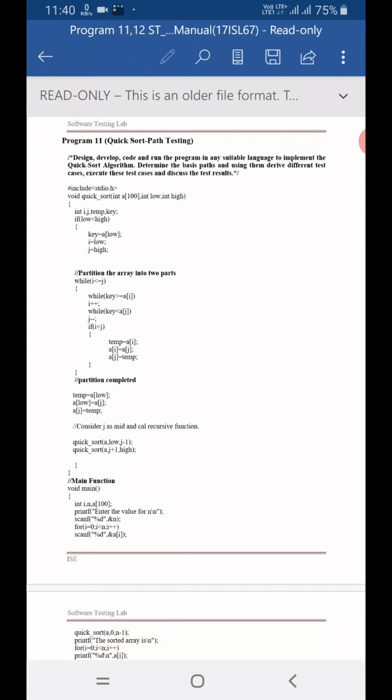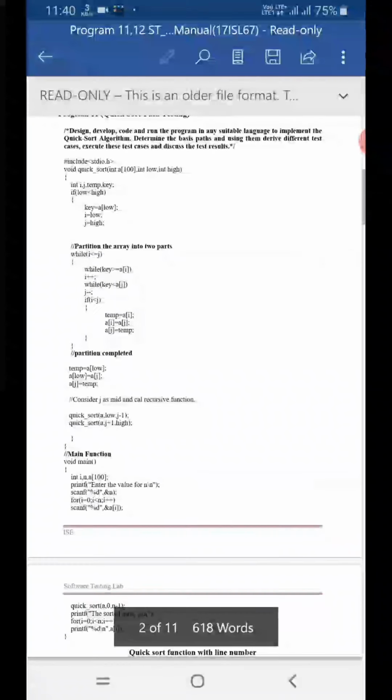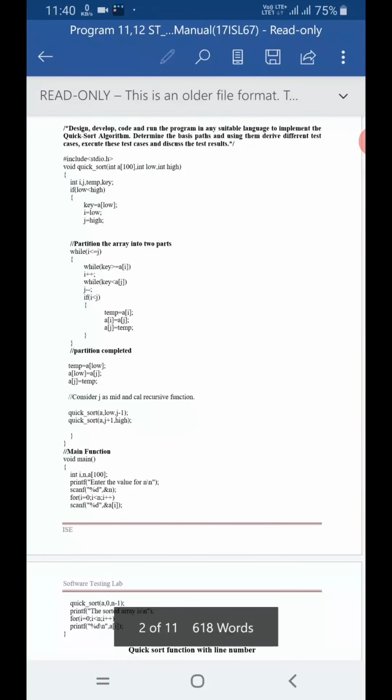The cyclomatic complexity equation is V(G) = E - N + P or 2P, based on whether the sink node, the last node, is connected to the first node or not.